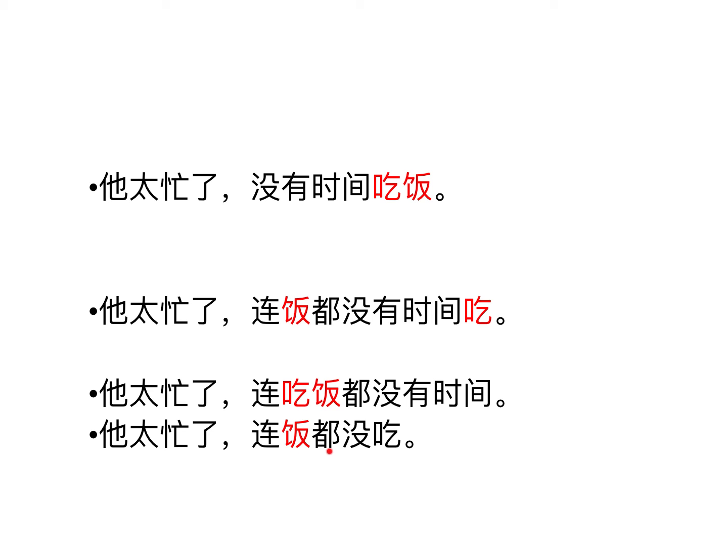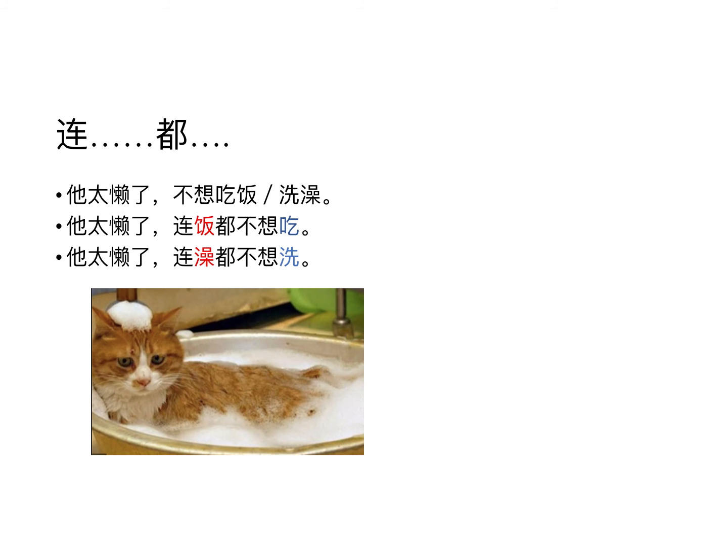He does not even have his lunch. So this is the most important structure you need to understand. That is to separate the object and the verb. Put object after 连 and put verb after 都。